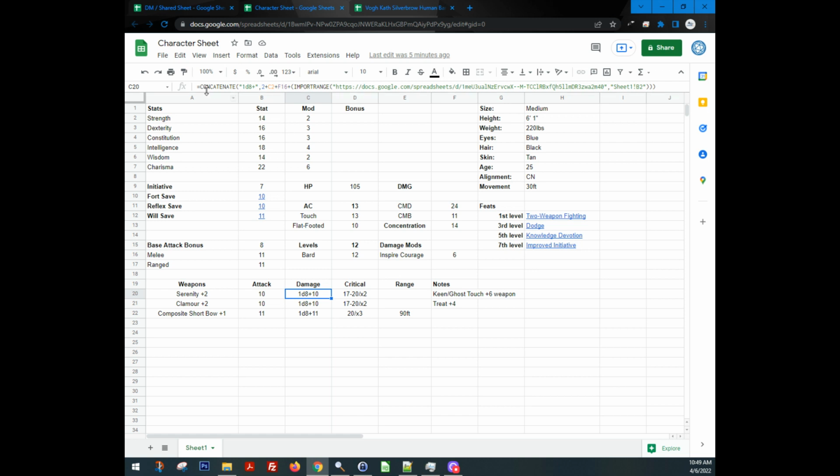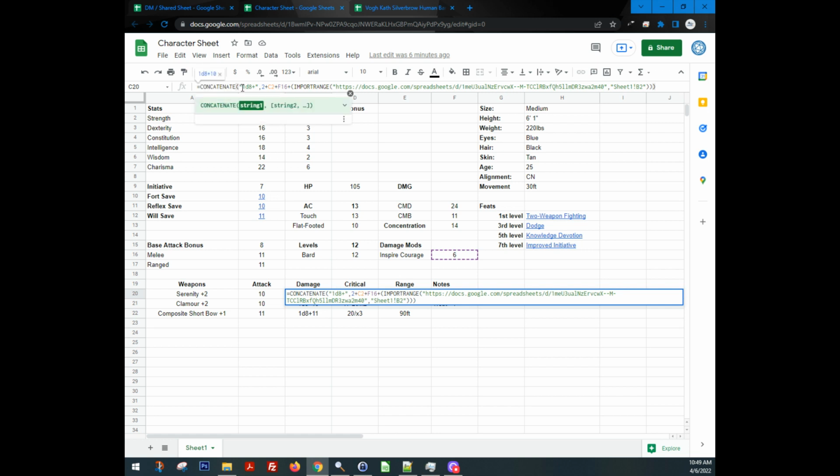The next feature is this thing called concatenate. Now, if you just typed in 1d8 plus, then the math is not going to work. Anytime you need to mix text with math, you're going to need to use this concatenate function. You can do this as many times as you want. For example, if I wanted to do 1d8 plus whatever, you can do that, or you could do 1d8 plus and then have a comma down here and then do plus,